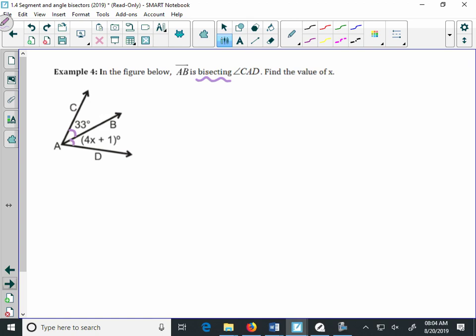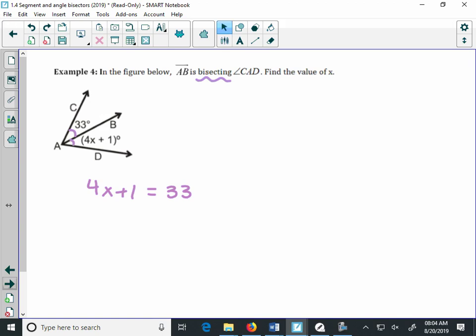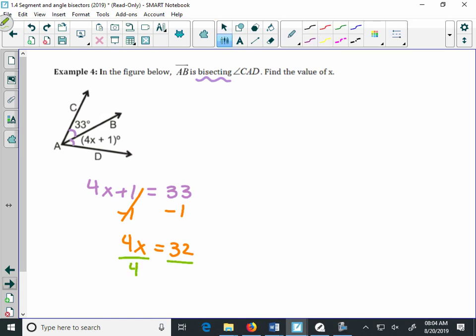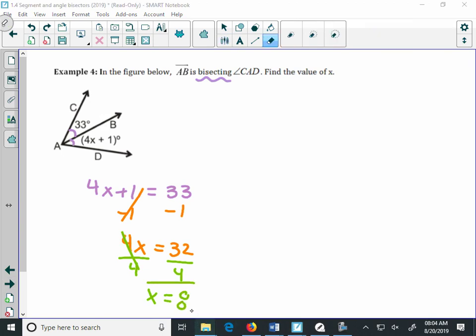Just like we did with the segments. When the segments were the same, what would your equation look like? Perfect. 4x plus 1 equals 33. Just set them equal. Questions over that? And then you just solve that equation to get x by itself, move over the 1. Get 4x equals 32. Divide by 4. Oh, that's a terrible 8. X equals